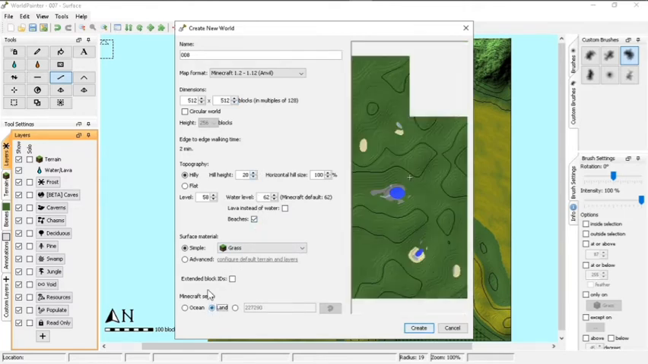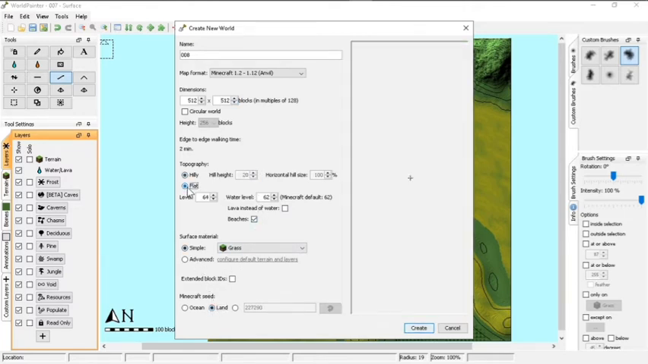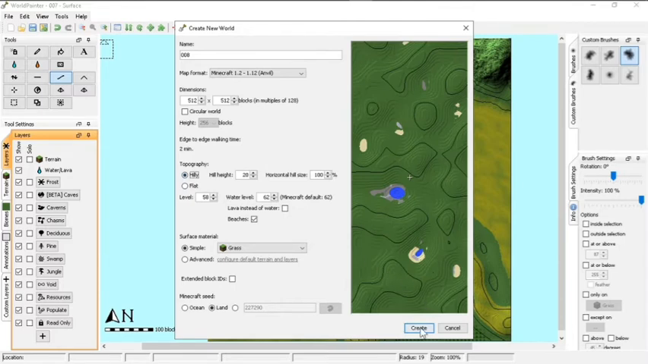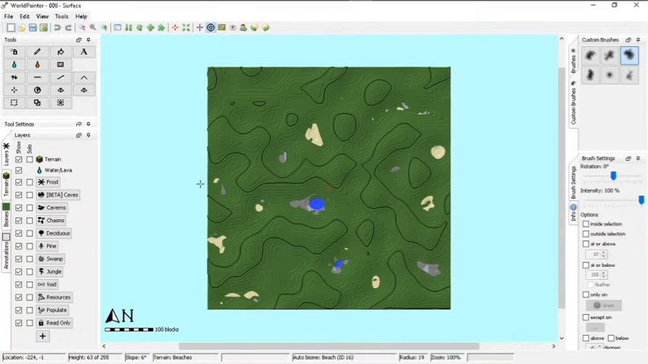I'm going to put this on land, and then you can do it as hilly or flat. I like to start off as hilly, and then you're going to press create, and then it's going to give you this. So first, normally, your tools, here, this is what